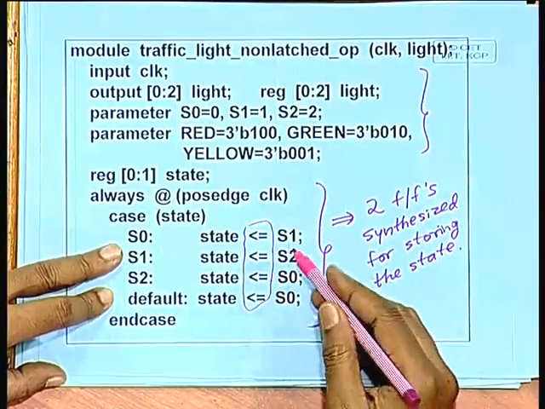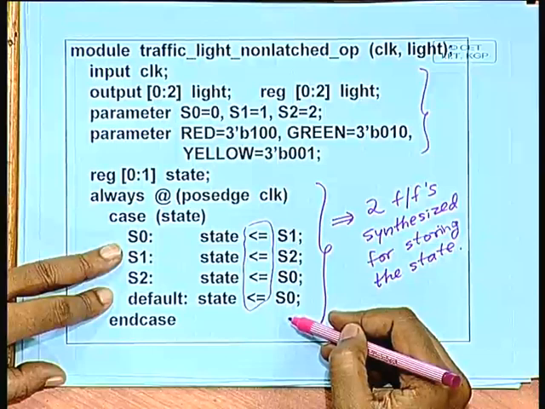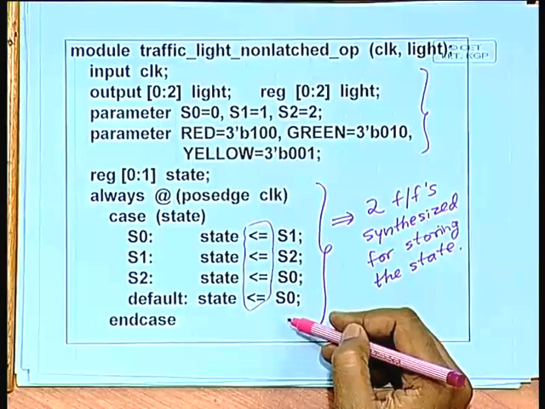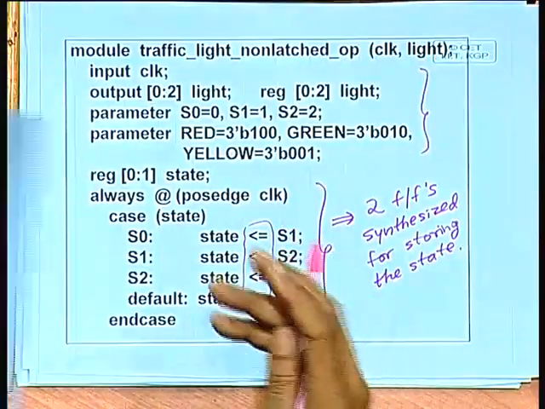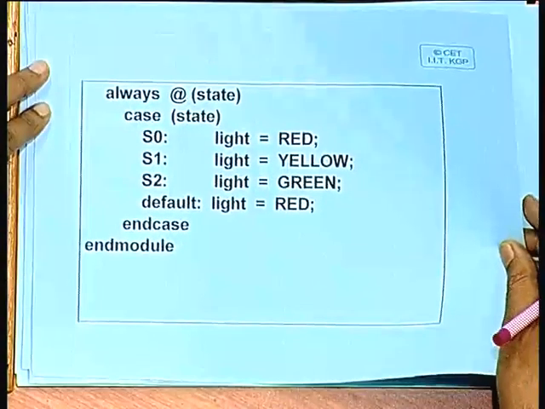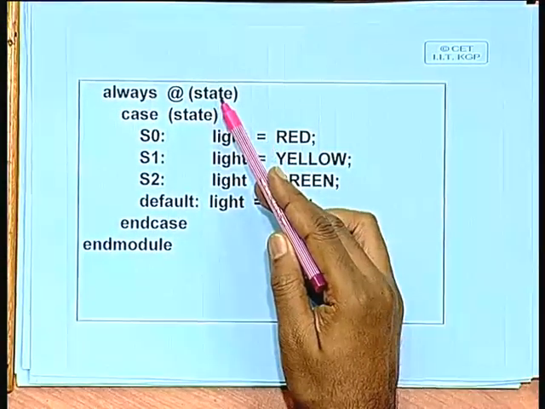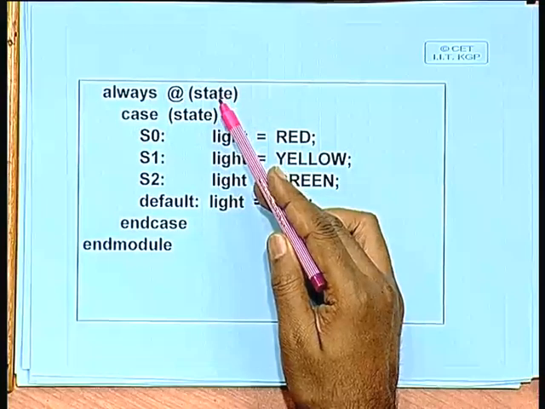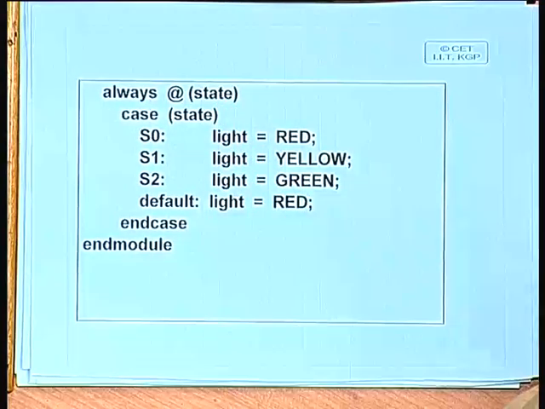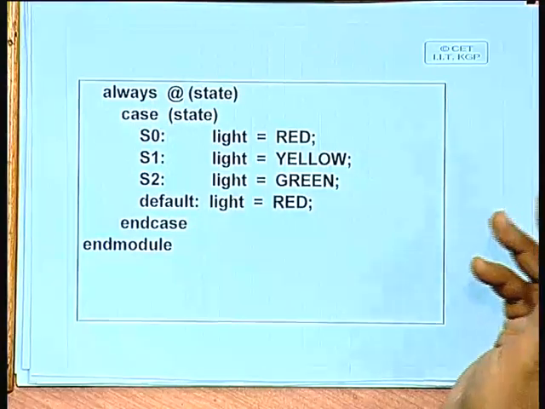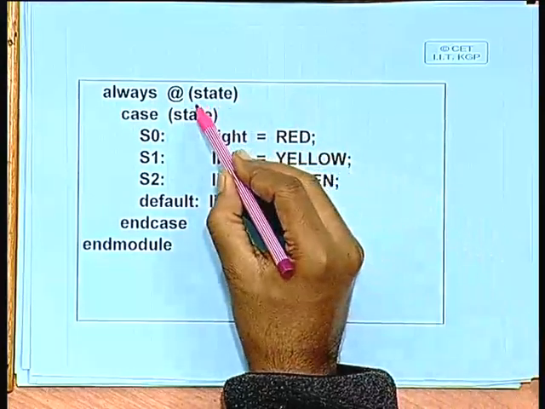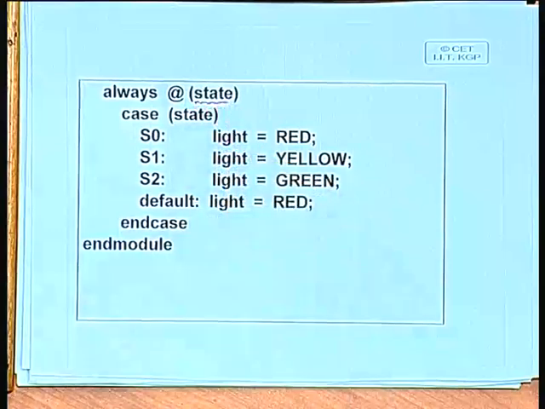But we have not mentioned anything about output here. Now, output we will be specifying in a separate always block, and that always block need not be triggered by the clock. What we do is that the second always block we trigger it by change in the state, because change in the state will be taking place anyway in synchronism with the clock. So, here indirectly we are specifying that whenever there is a change in state, you execute this block,